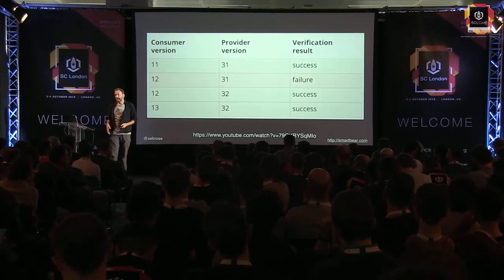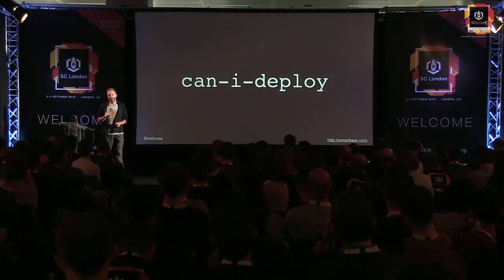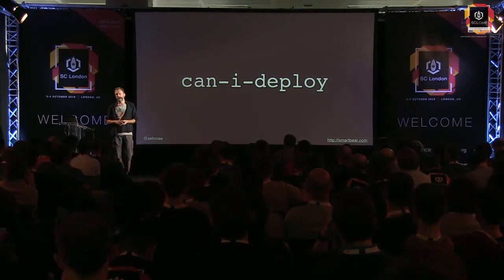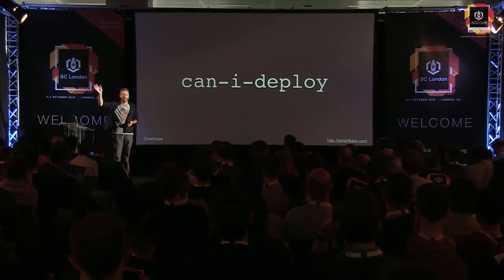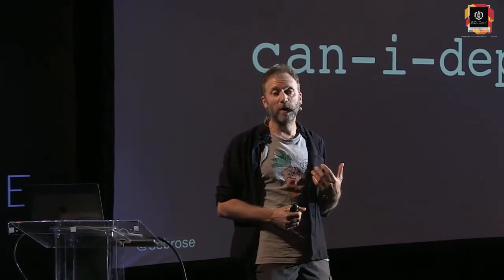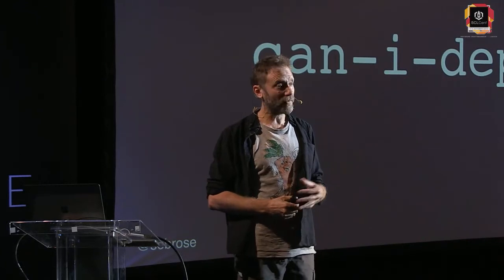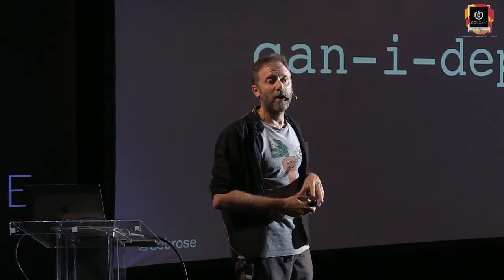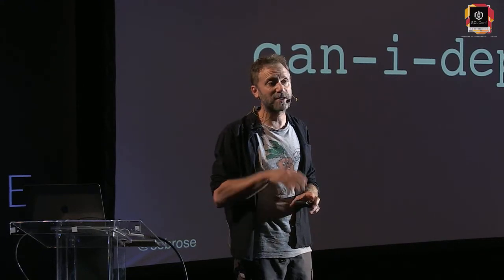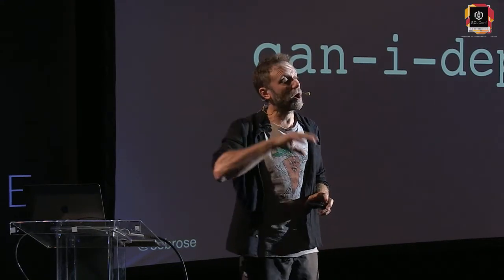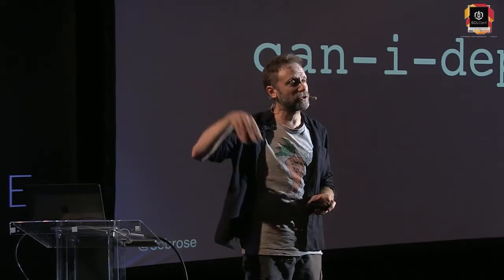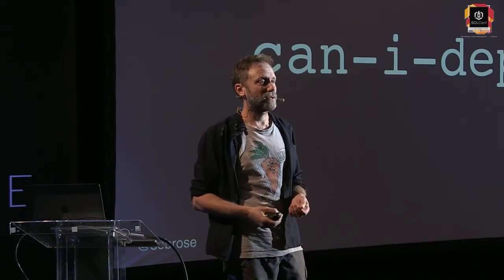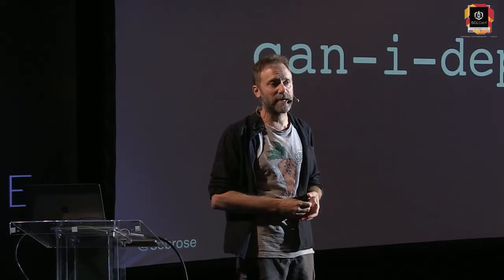And they've created yet another little tool that sits on top of it, which is handily called Can I Deploy? Can I Deploy essentially looks at the versions of the components that are in production, or whichever environment you want to deploy into, and the version of the component that you are thinking about promoting. It looks into the matrix and says, are all the versions of the components that this component depends on, or is depended on by, going to work? Have we tested it against all of the versions that are in production? And if the answer is yes, which is a quick lookup, then you can promote it to the next stage